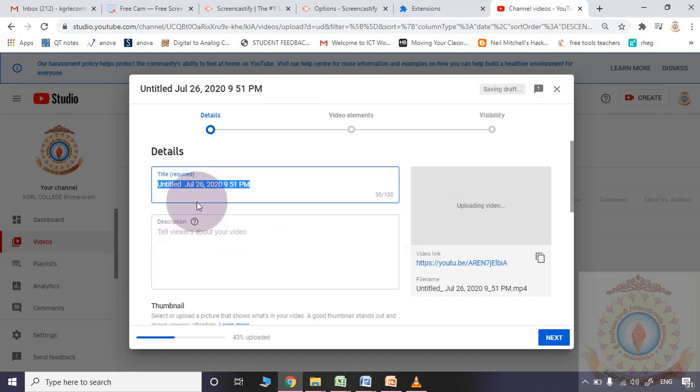So from downloads, I selected that particular file which was recorded just now by using Screencastify. Any title I may use, like lecture 1 etc., and I will click next.